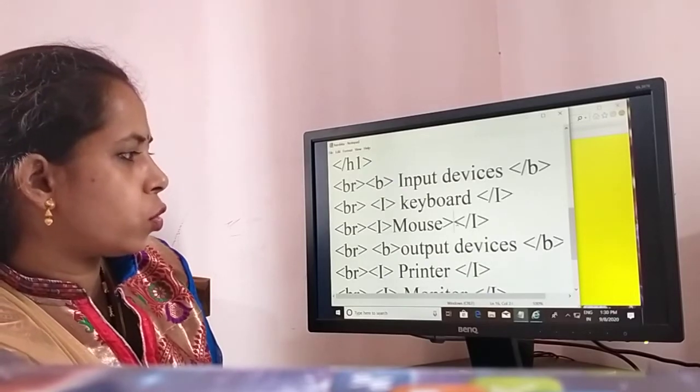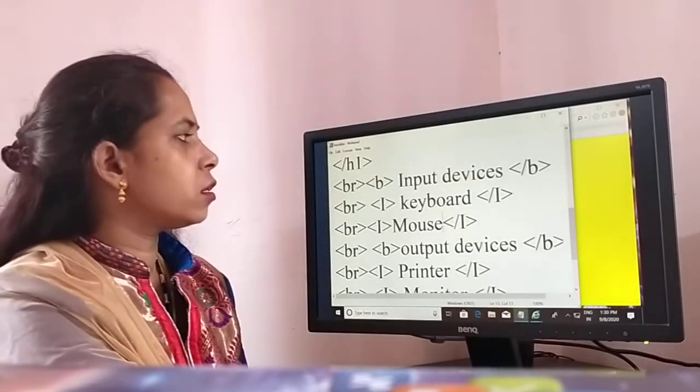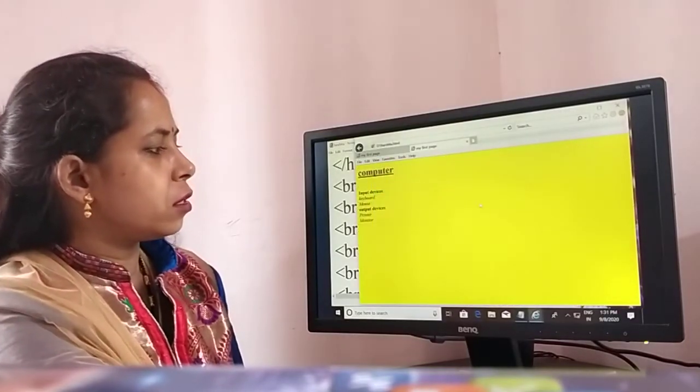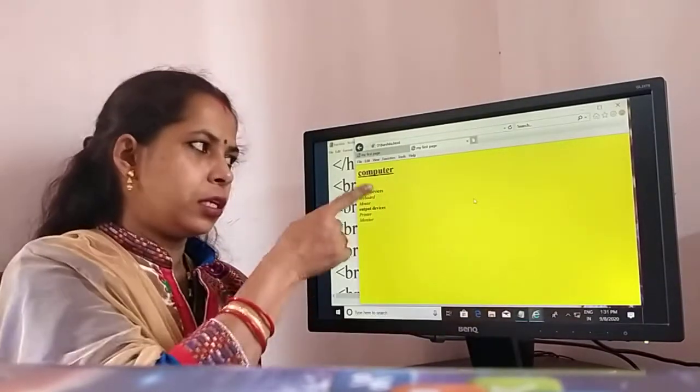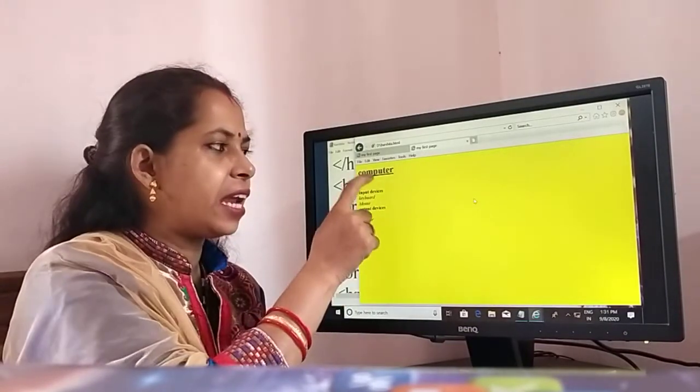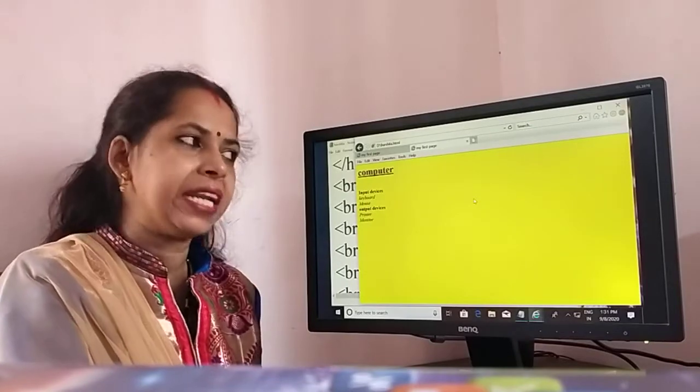Okay children, so we have to take background color, heading, then bold, italic, then underline, font formatting and color also.